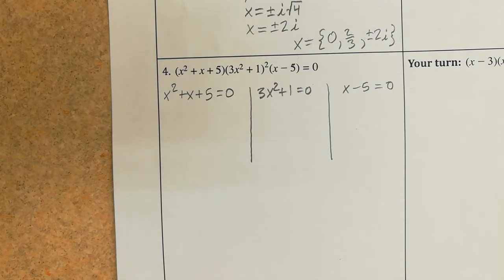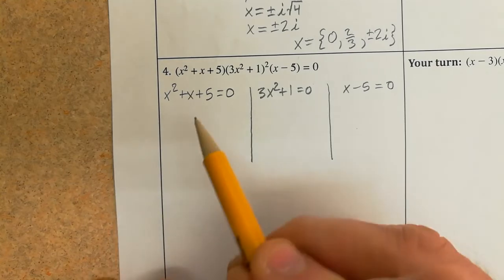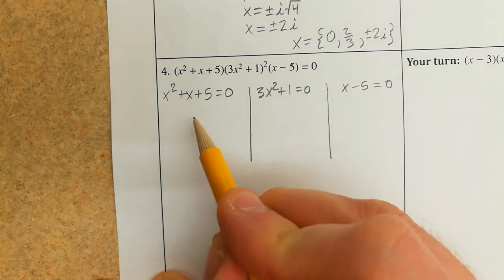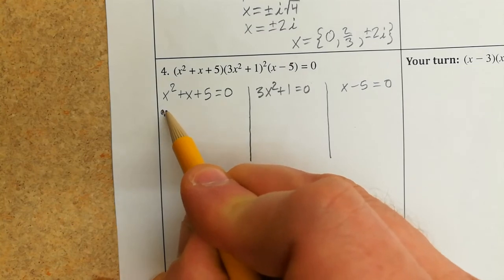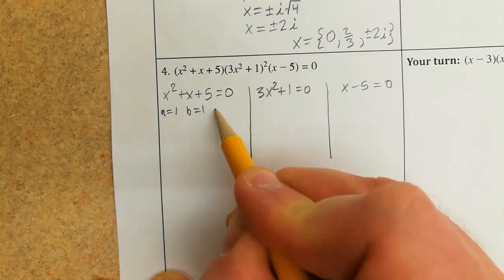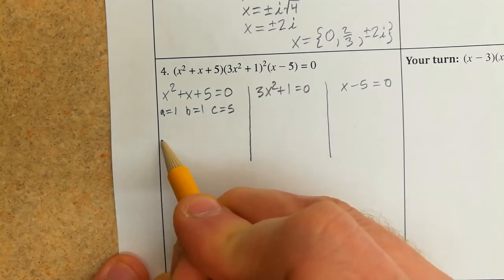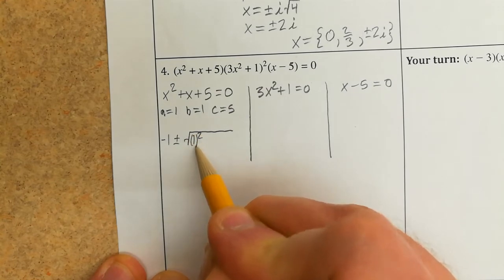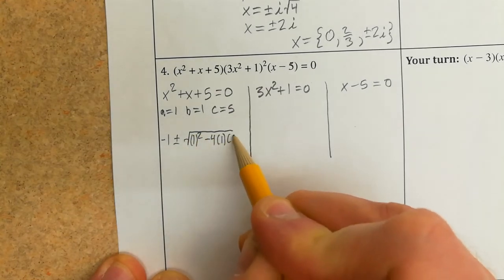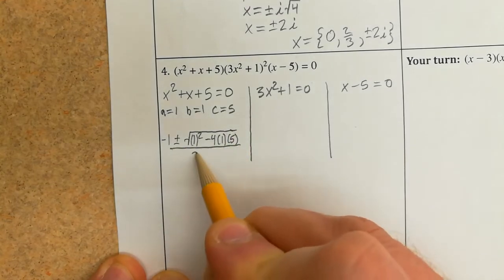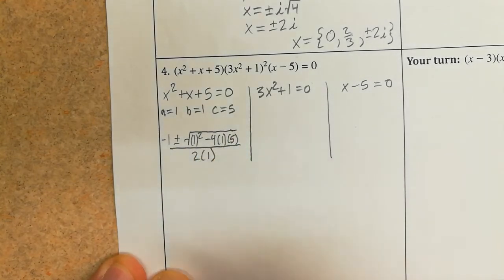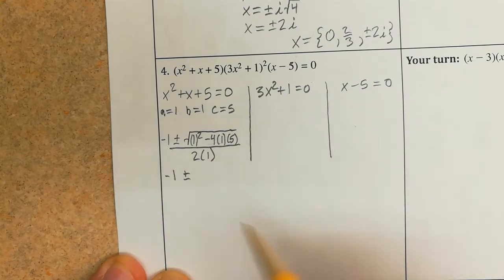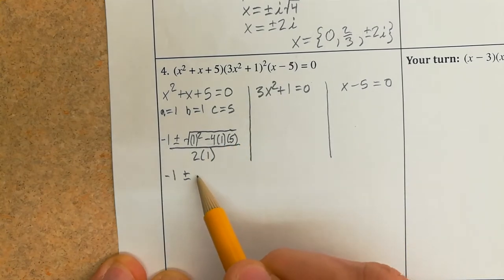So you could complete the square, but that would be a pain because the b here is 1 and you get a fraction. So what I would do is just use the quadratic formula. So a is 1, b is 1, c is 5. And then we're going to go negative b plus or minus square root b squared minus 4 times a times c, all over 2 times a. And let's see what we get here. We got negative 1 plus or minus, and you can put this in your calculator, of course, but I believe it's negative 19